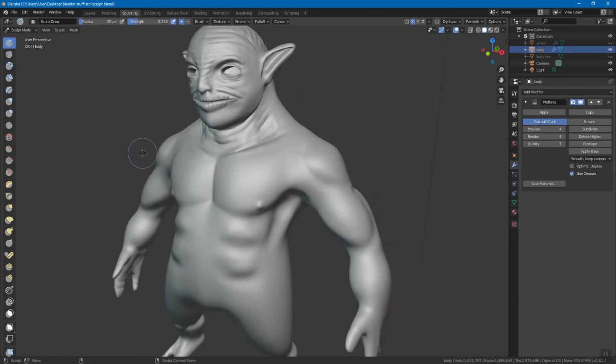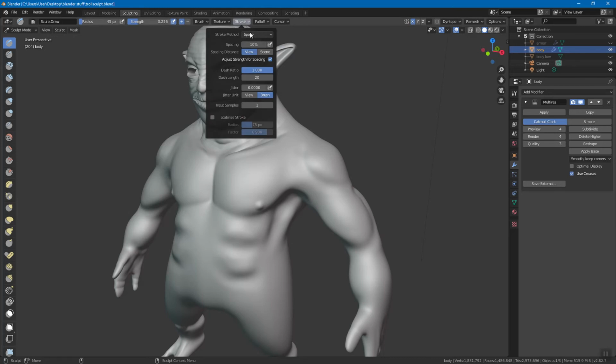Left mouse button for sculpt, control for inverse, shift for smooth, and then there's even some cool preset brushes like crease that can do some neat stuff. One of the things you can do is, of course, use textures with stuff, and I'm going to go over that in a minute. You can even do strokes, and I'll talk to you guys a little more about strokes. We'll see it a little bit today, but we'll talk about some of the other features for